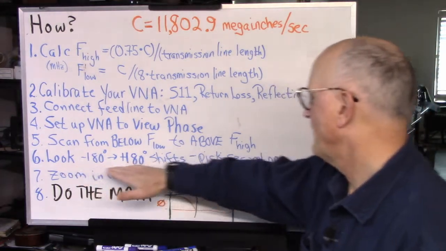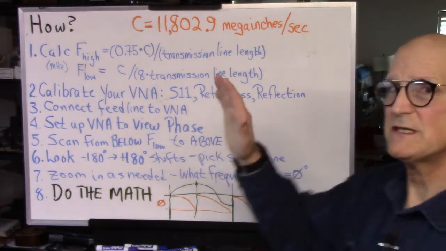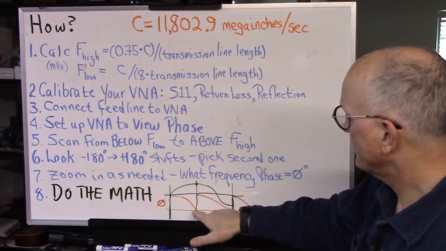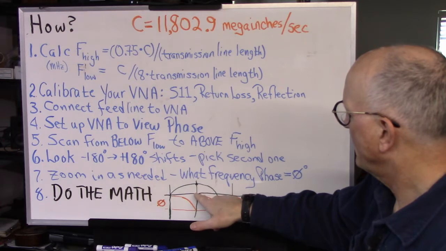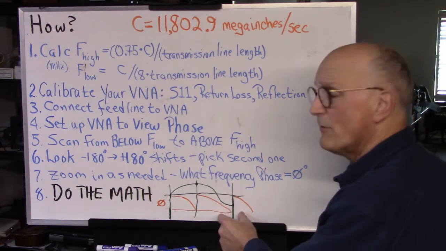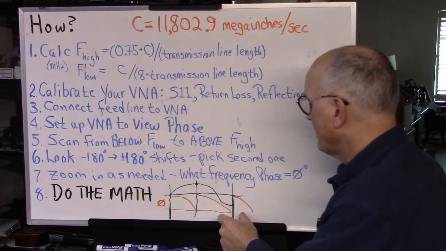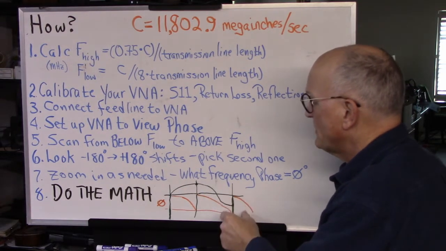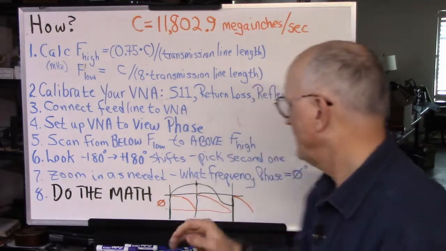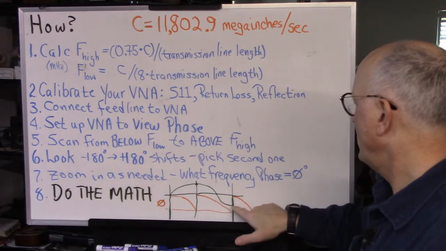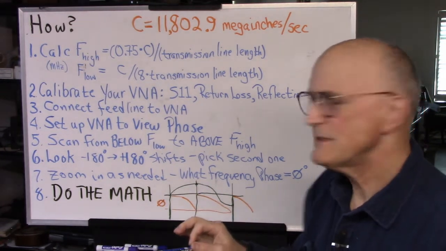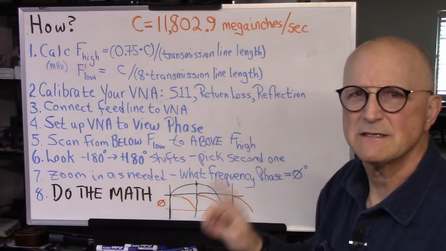So you're looking for these things, and what you should see on the screen is something very much like this. You should see the first dip, bang up to 180, the second dip, bang up to 180. This is the one that you're going to choose. So you're going to choose this one, and you're going to zoom in as needed until you can get right into this spot. And what you're looking for, actually, is the frequency at which the phase is exactly equal to